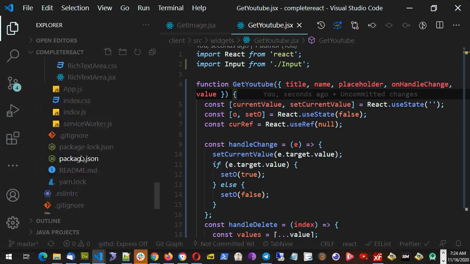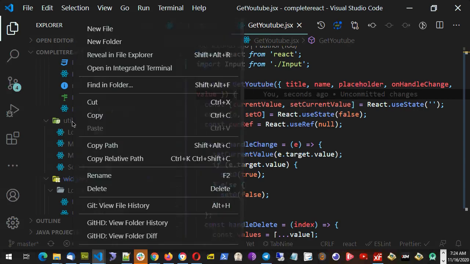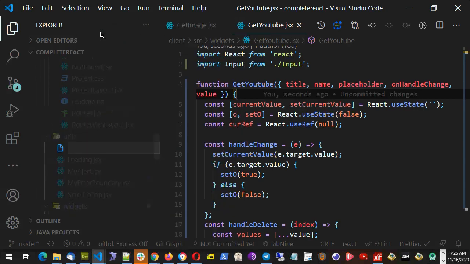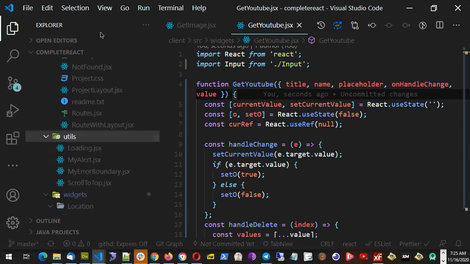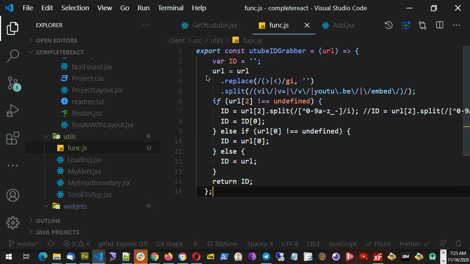So I'll create a function in the folder utilities, inside utility, I'll create a new file called func.js. That is, all functions will stay in this file. And this is a function I got from the internet. I can write it myself, but I have to write the regular expression to get that. But I got the same thing on the internet. It checks all the conditions and it gives